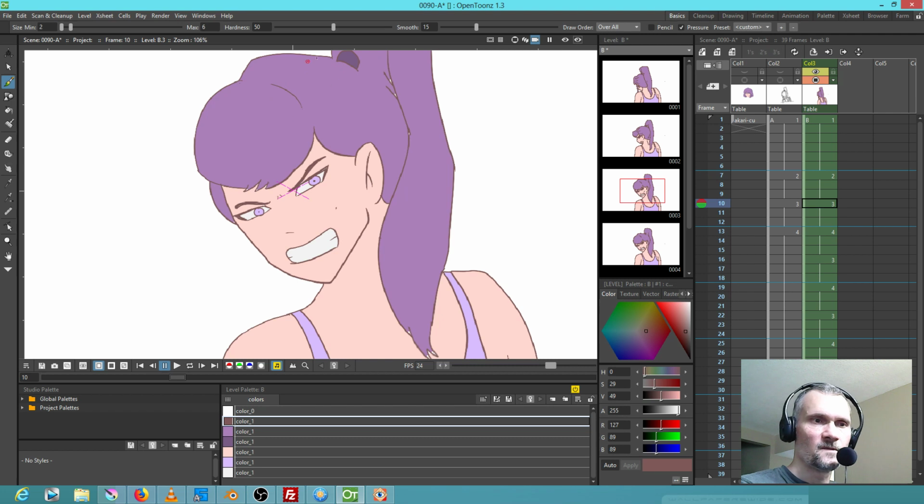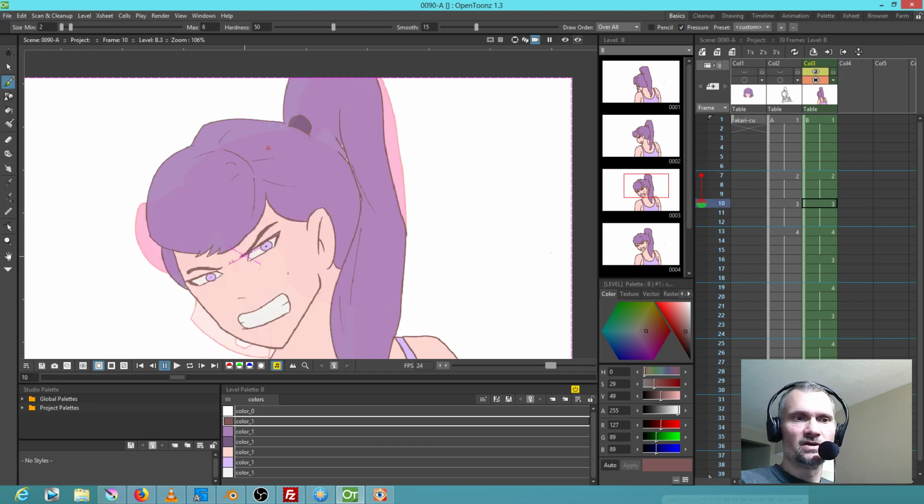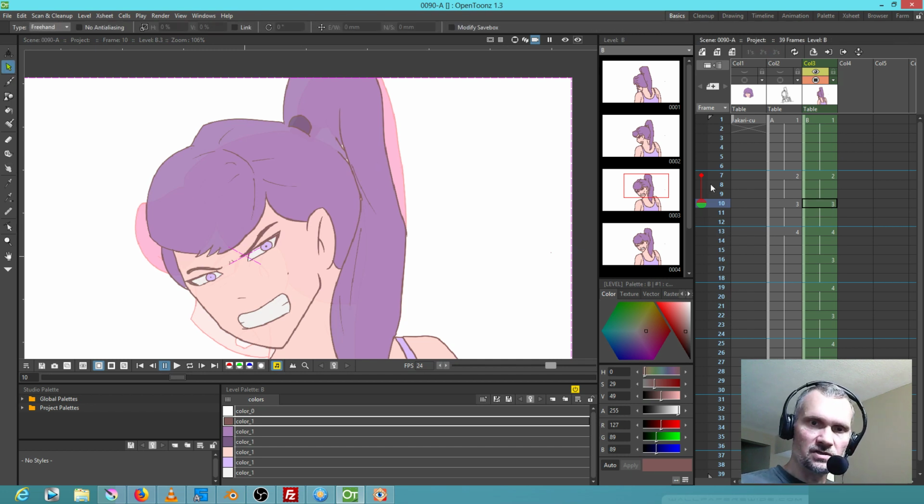All right, now here, we don't have as much latitude to just wing it because of the ensuing shadows. So what I'm going to do is, okay, that's interesting. Look at that. Okay, OpenToonz is not going to let me see those lines. So here's what I'm going to do. I'm going to cheat. I'm going to, might as well turn the onion skins